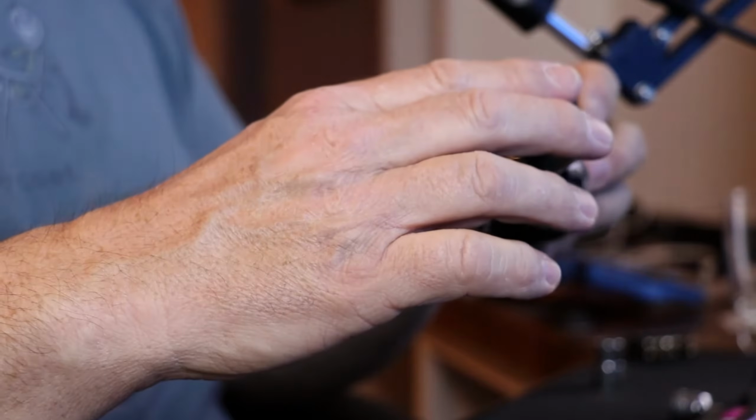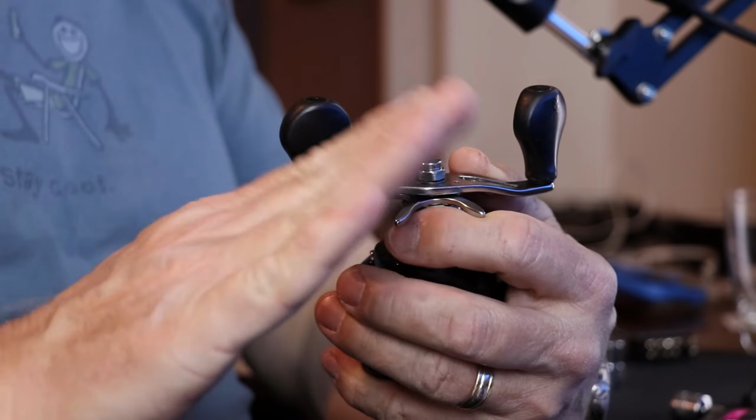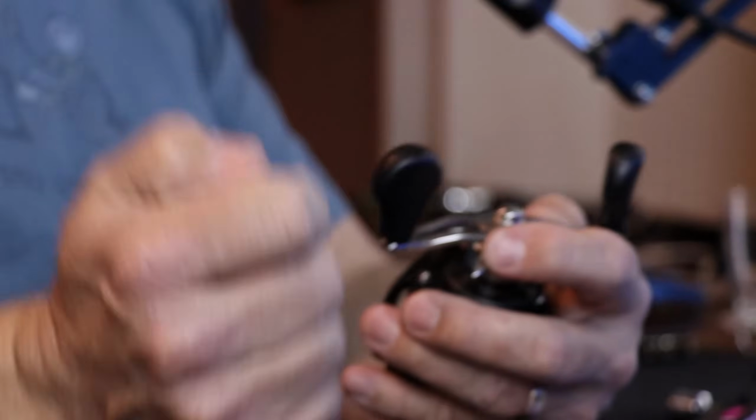And so a sad thing happened. I have the Lew's Tournament MB, which is right here, and I sat on this in my truck. It was underneath one of my seats, and basically I bent the handle. I was able to bend the handle back, but I wasn't able to get it to seat and stay, functioning properly. The handles are a little cattywampus. I can't see if you can see them. They're kind of tilted in, and I bent it back, and the nut won't tighten, and I used the wrong